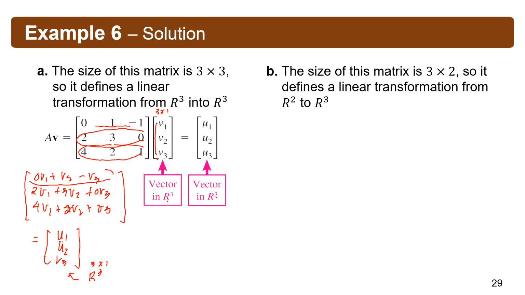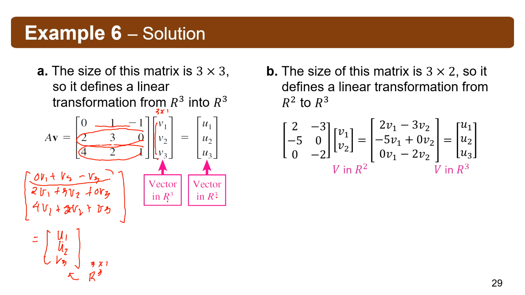The size of the matrix is 3 by 2. Of course, the vector that we're going to apply here must be in R2, because this has 2 columns. So you multiply this one with this. That's the result. And this one with this again. That's the second row. And then the last row. So how many rows did we create? 1, 2, 3. So this vector now is in R3. So the transformation is from R2 to R3.